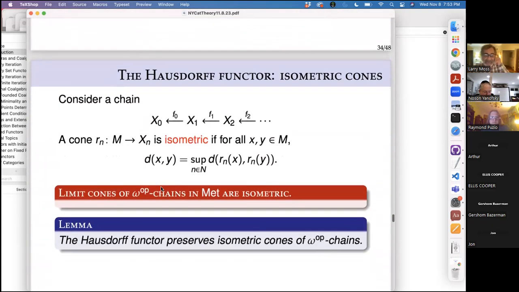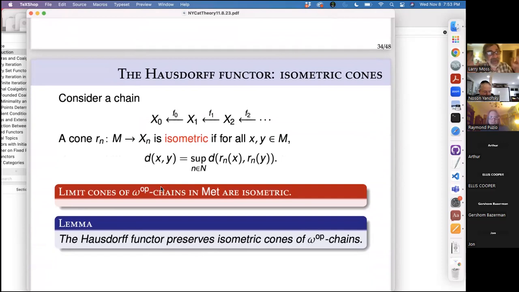And so I'm going to actually, you need to prove something about this. If you have a chain like this, remember, a cone in category theory is an object with maps into these elements of the chain that make all the triangles commute. And an isometric cone is one where the distance is exactly the supremum. The distance between points in M is the supremum of all the things that you get by applying the functions